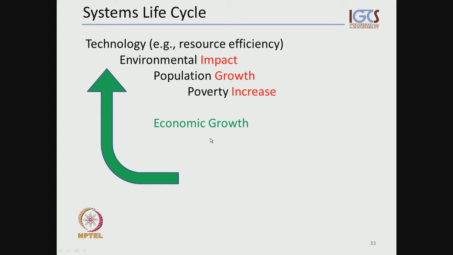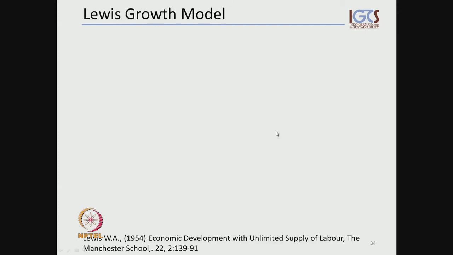So this is what we see as economic growth right now. It's our system in which we live right now. But taking all this together, any type of growth in all these components will eventually lead to an environmental collapse, because all of them draw from the environment as a resource base. So this is where changes have to take place, major changes in systems. And this is what we will briefly touch upon right now. Let's look at systems or at growth theories.